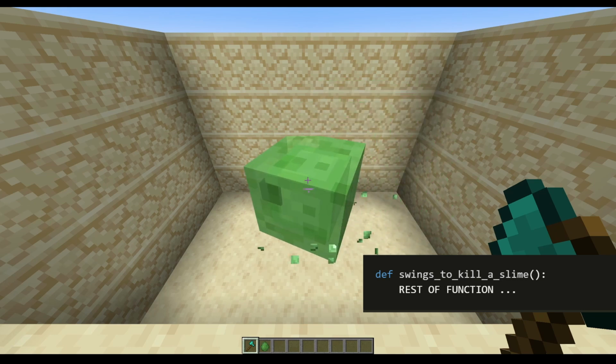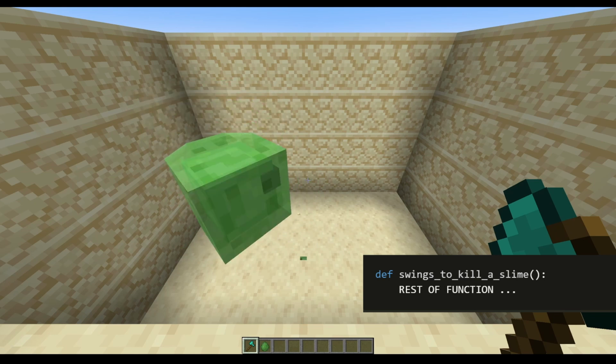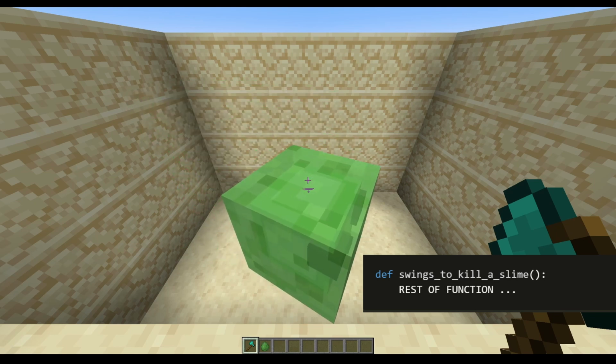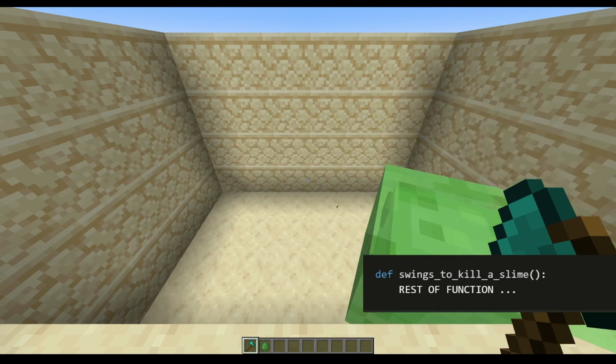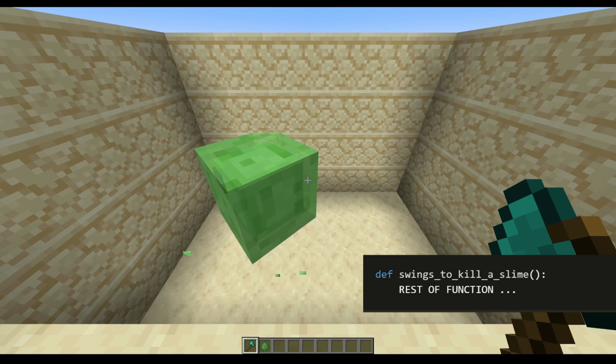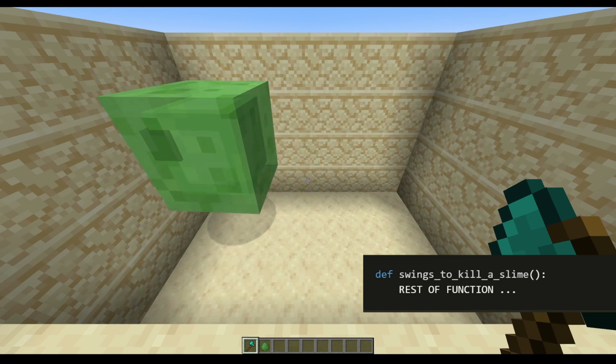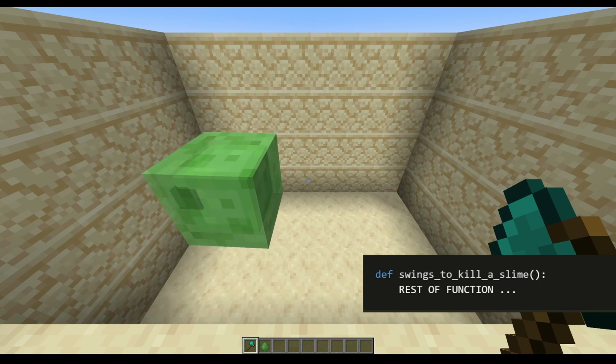This example does not specifically consider any weapons that the player might be holding, which can change the player's damage output and kill the slimes faster. If you want, you can append your weapon of choice to the question above as follows. How many swings will it take to kill a Minecraft slime with a diamond axe? All of the principles for understanding recursion outlined below can be applied in the same way no matter the weapon